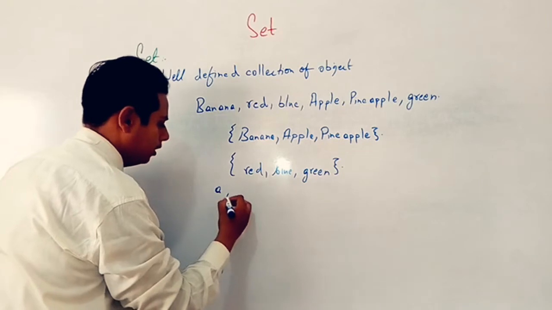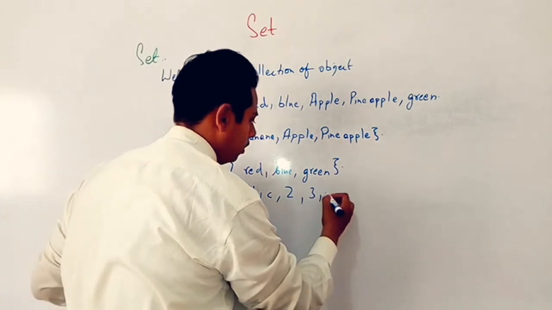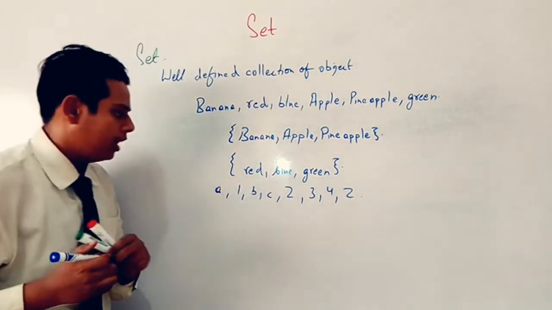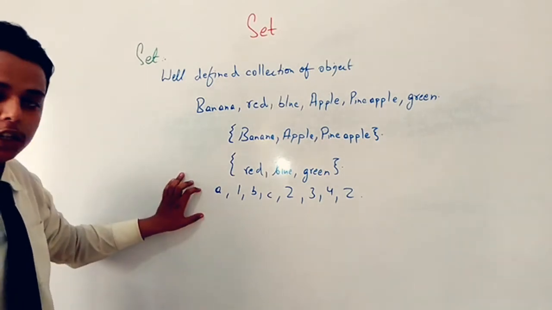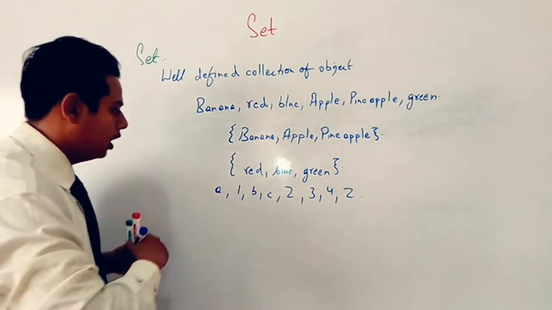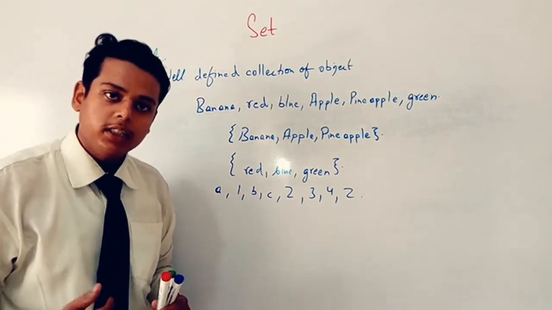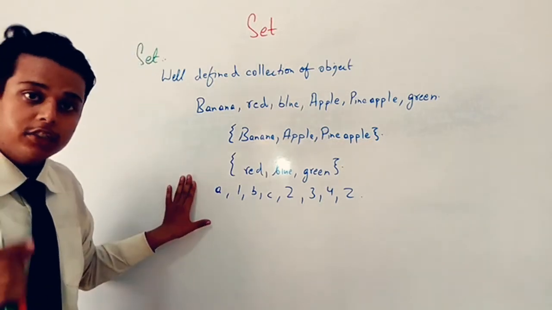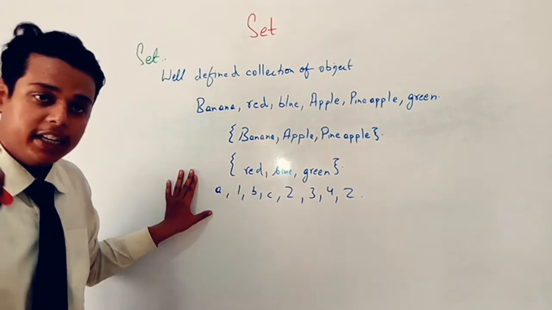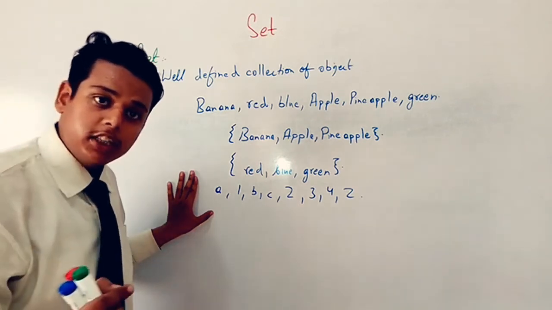Let's suppose one more example I am giving. Having A, 1, B, C, 2, 3, 4, Z. Okay, we are having some collection of the data over there. Fine. And then we have to separate out it into the different sets. First of all, which two things are combined over there? Some are the alphabets and some are the numbers. So we can make two different sets over there. One set of the alphabets, means well defined है. हमें पता है कि हमें एक सेट किस चीज का बनाना है? सारे alphabets आएंगे. And the second one will be the number set.